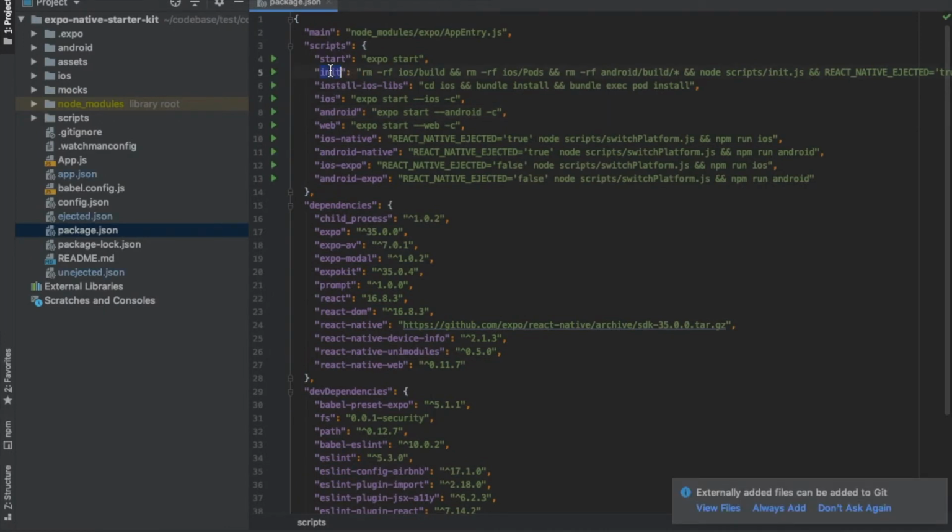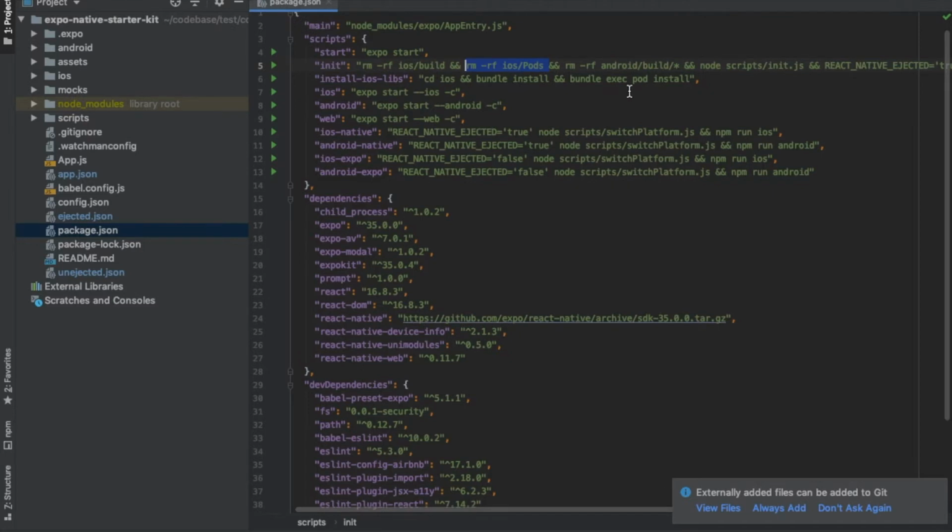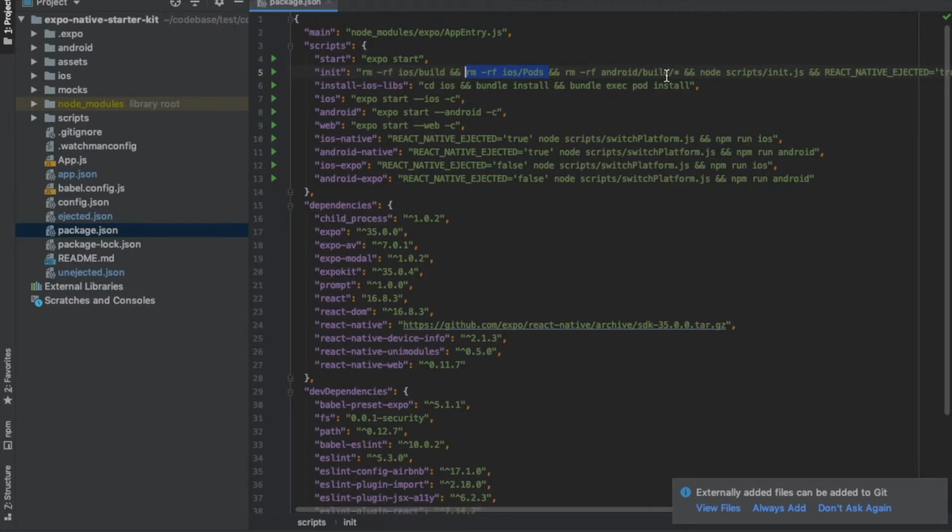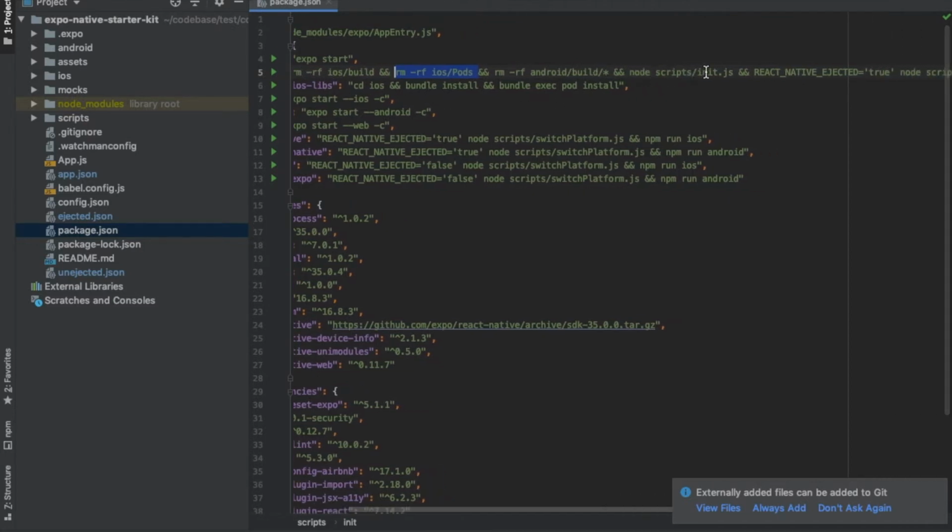Okay, before that we ran this script, which is npm run init. What it did is that it removed the build first of all, and init is like, we are initializing the project, so it's fine to delete any of the folders which are not needed, since build is not pushed in this repository itself. So this command doesn't do anything, and same as this command, since pod is also not pushed, and basically it removes all the generated folders and then runs the script,